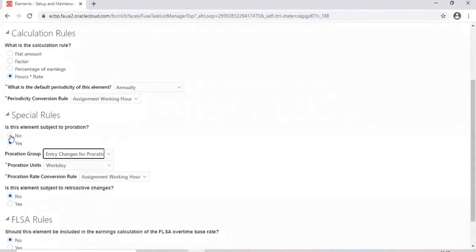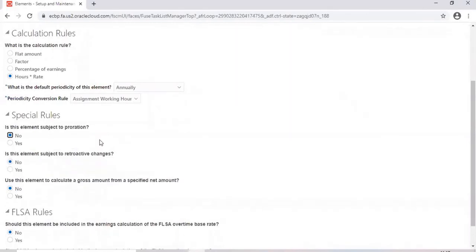Suppose this element is not prorated. So what will happen? My salary is 10,000 monthly. Let's say on March 15th my salary becomes 20,000 from 10,000.